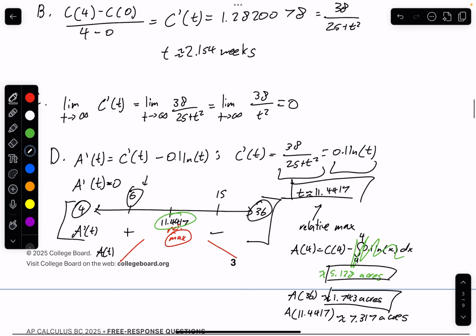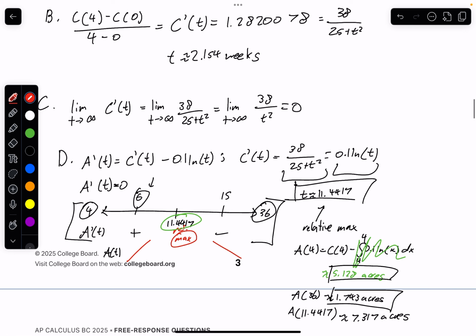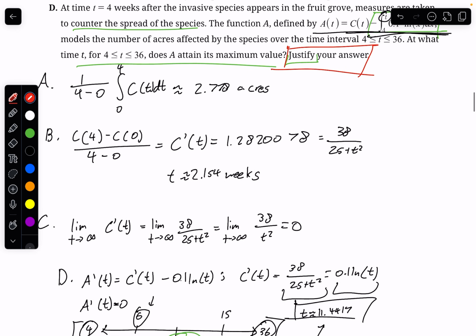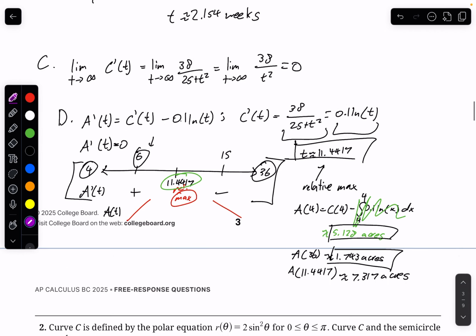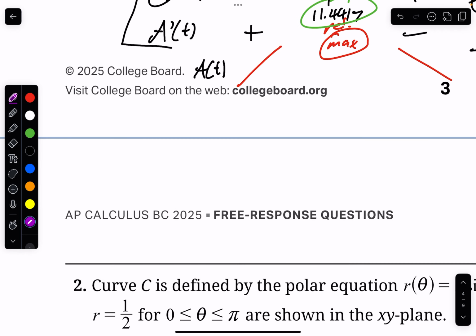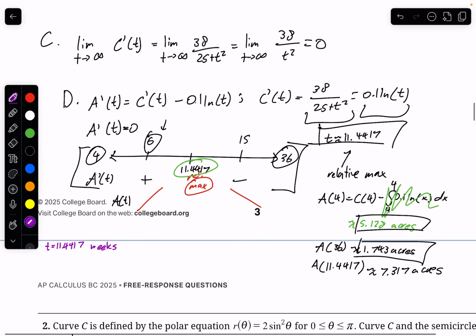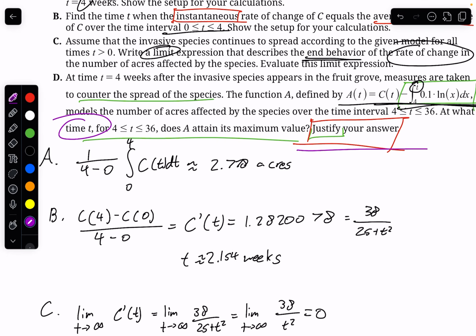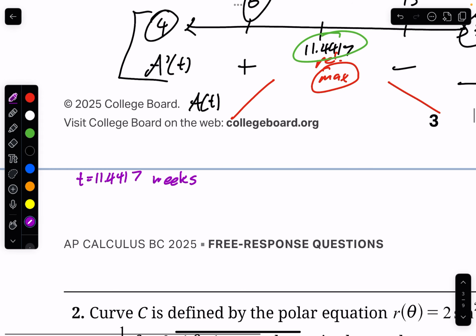So are we done here? Have we done everything? Is College Board going to give us a 5 for the perfect score for this FRQ? No, not yet, because after all of this, we still have to justify our answer. So the final part of part D, you can put this anywhere on your sheet. All you have to say is t equals 11.4417 weeks, which is the units. They want the time t for which A attains the maximum value. T equals 11.4417 weeks is when A of t